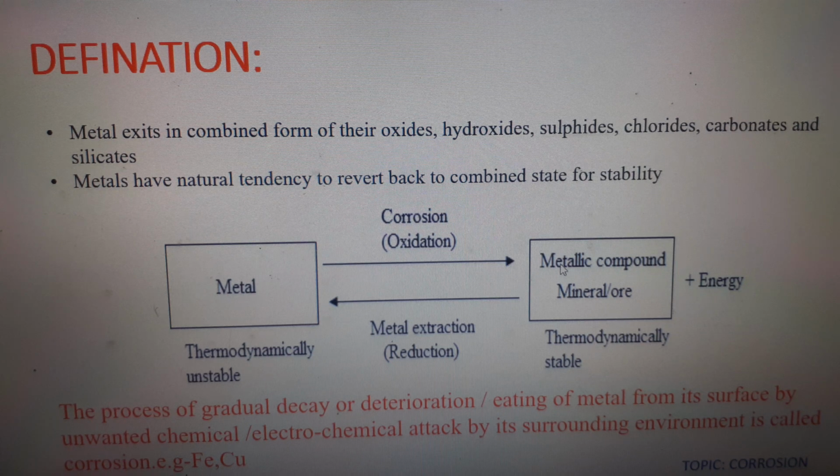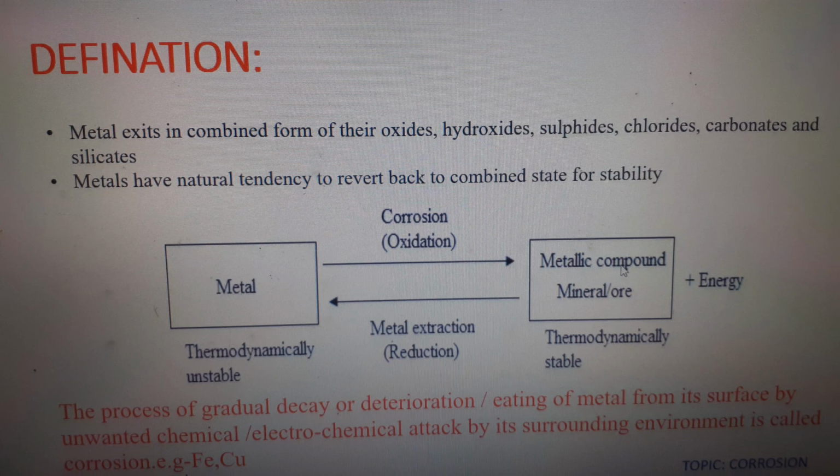You know well that a thing always exists in its more stable form. So which is the more stable form? The more stable form is the ore form or the mineral form of the metal. So this metal always wants to get back into its original state, which is considered to be more thermodynamically stable. Or you can also understand this in another way, suppose this is the ground state